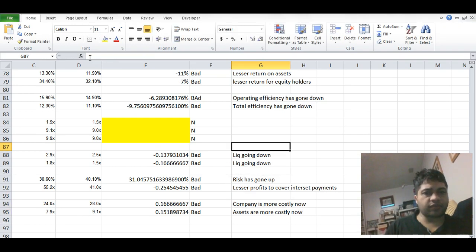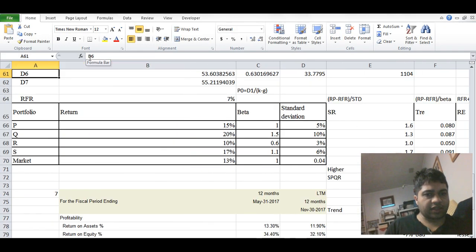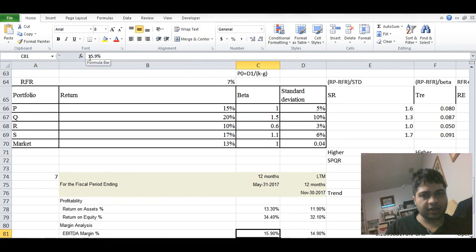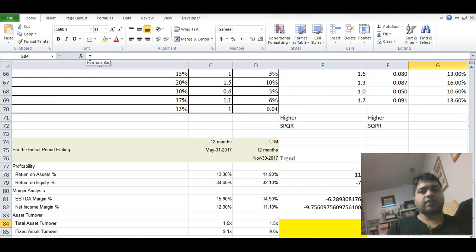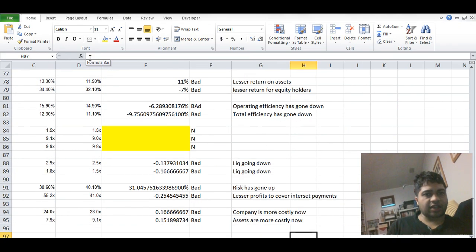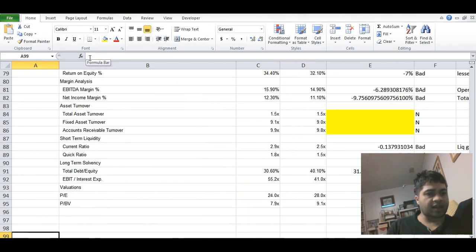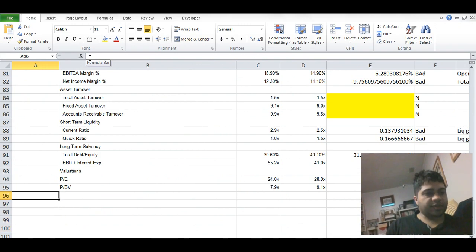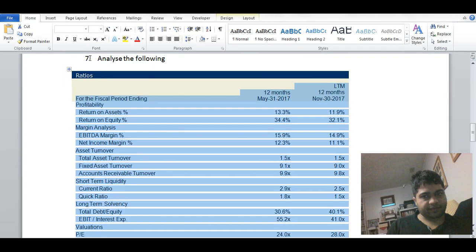So this is how you have to interpret ratios. Calculate the trend, right? Trend is current value divided by previous value minus 1, and then write down reasons, good, bad, write down interpretation, and then the reasoning. Okay,